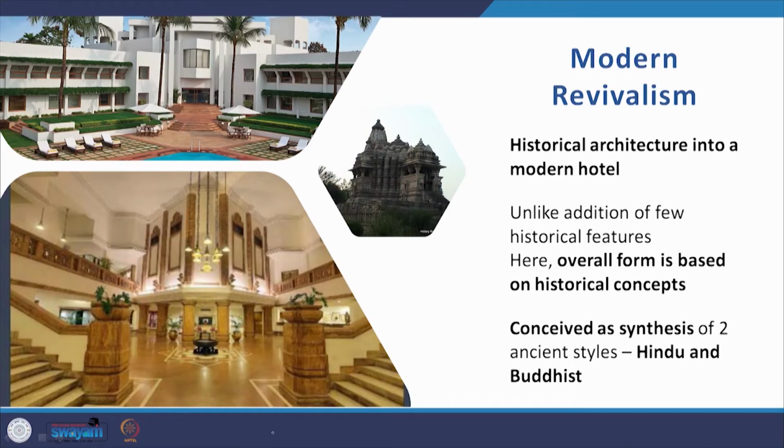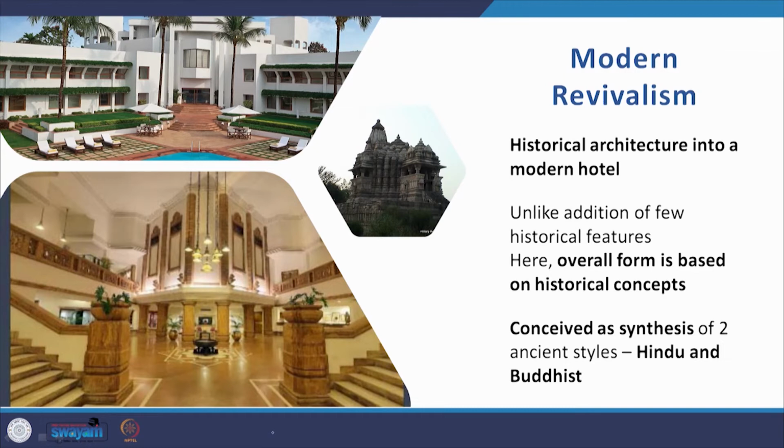So historical architecture into a modern hotel, as in the Oberoi of Bhuvaneshwar. Unlike the addition of a few historical features, here the overall form is based on the historical concept, and this is where he is a step ahead of just revivalist buildings with a modern layout, but a form which is borrowed from traditional architecture. Here he encapsulates the concept of the hotel, though modern, as derived in its basic structure from traditional architecture. So this building is conceived as a synthesis, an amalgamation of two ancient styles, Hindu